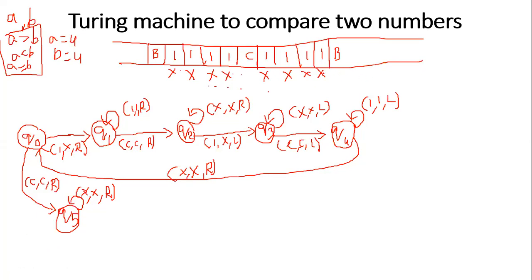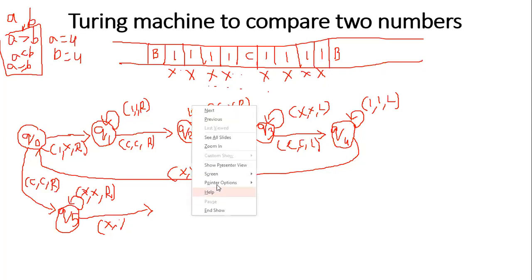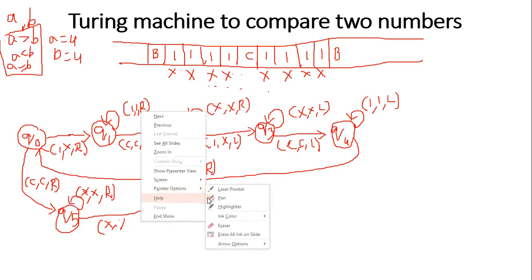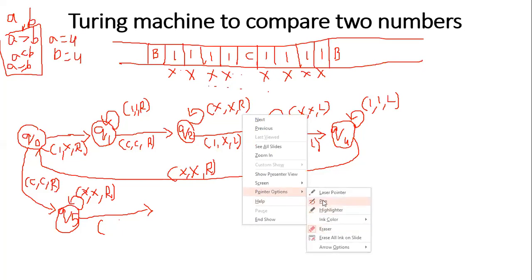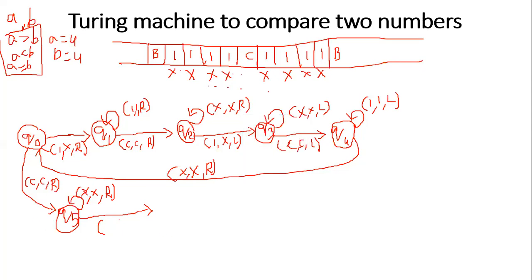No, it is not 1 actually, it is X, because the symbols will be replaced with X. If there is a blank space immediately after X, after any number of X, if there is a blank space immediately after X, which means